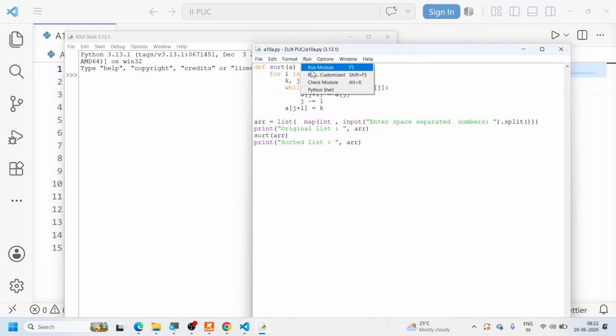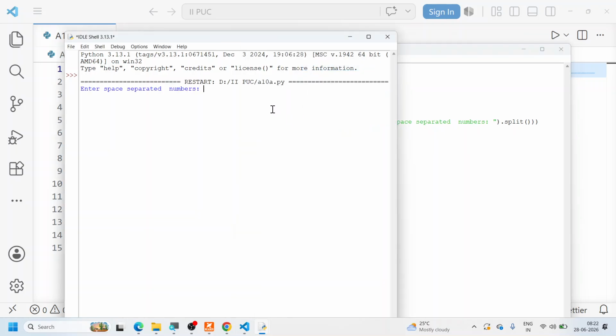Just run it. Okay, and enter a few numbers. So I'm going to say 34, 9, minus 5, 0, minus 4, 3, 2. You press enter. This is the original list that is given, and this is the sorted list that has been given to you. That's all, very simple. Even though I have not explained the actual working of the insertion sort, I assume that is done in the theory class. So this is the working of